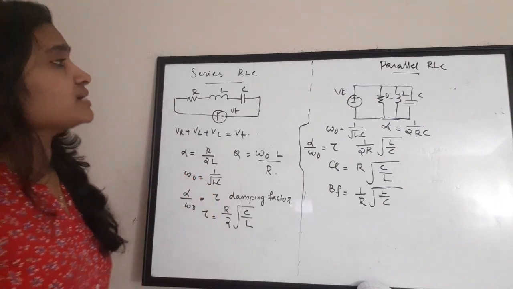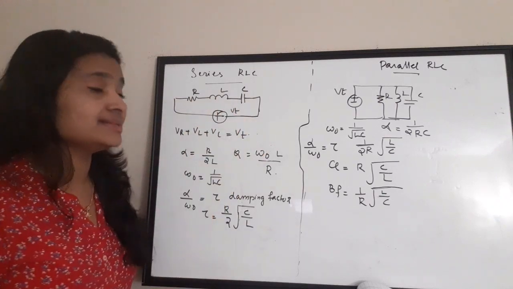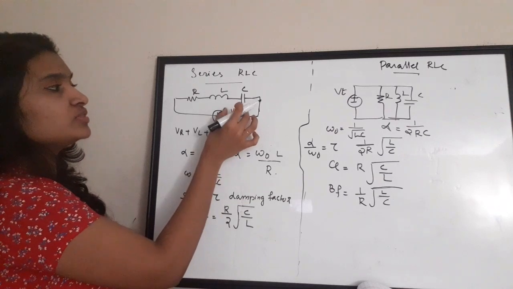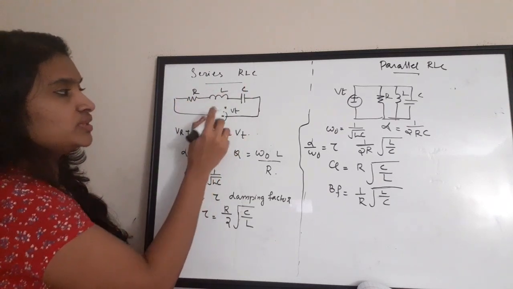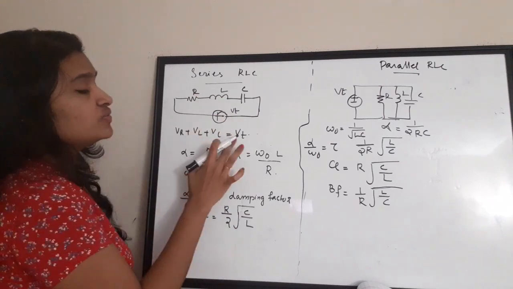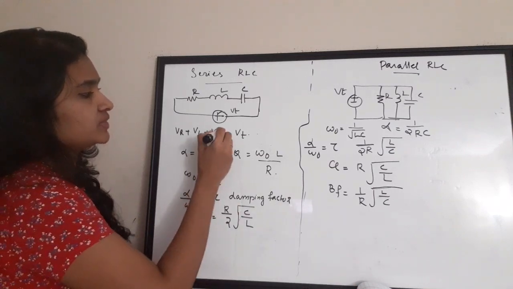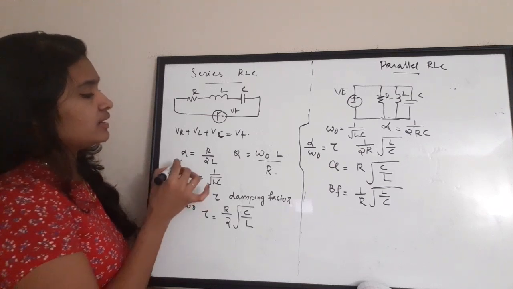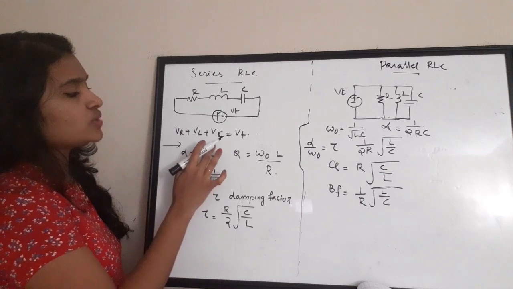So, series RLC network. This is a series RLC network. R, L and C are connected in series. Voltage applied is Vt. So what will be the sum of these? The voltages across R, L and C will contribute to Vt. That is the voltage relationship in a series connection. So Vt is equal to Vr plus VL plus Vc. Very simple. Next, we are going to define one term called alpha, and alpha is equal to R by